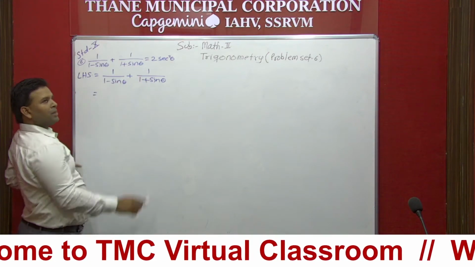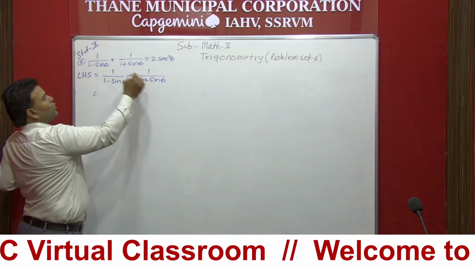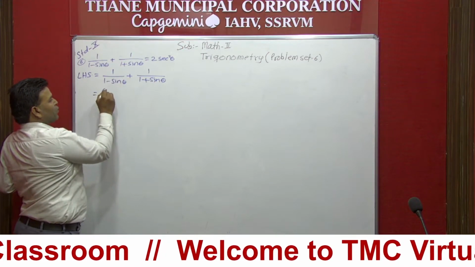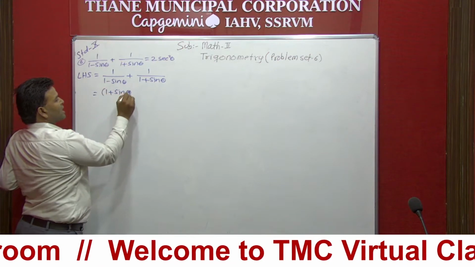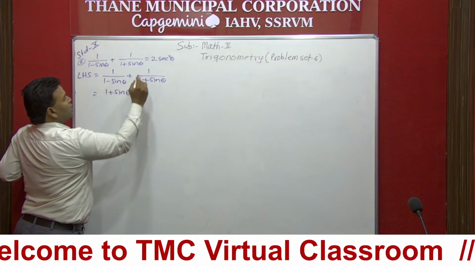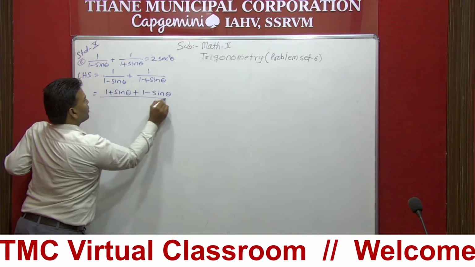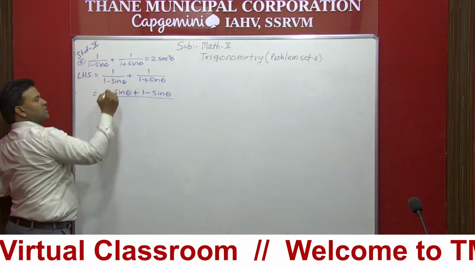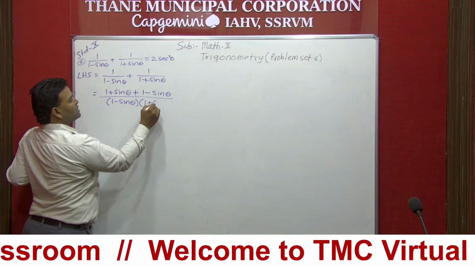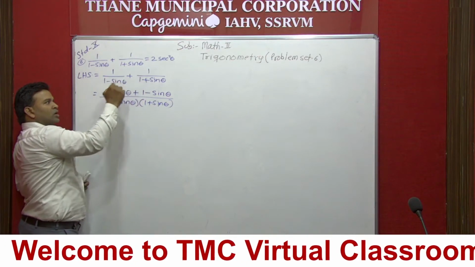We will cross multiply. So in the next step, this 1 into this, 1 into anything is always the same thing, so this whole thing will come here. I will write 1 plus sine theta. No need to put a bracket, let it be as it is, plus sine. Now this one, 1 minus sine theta upon this into this, 1 minus sine theta and 1 plus sine theta. Now the first step is over. I have done the cross multiplication.